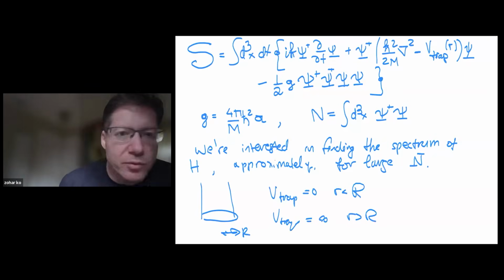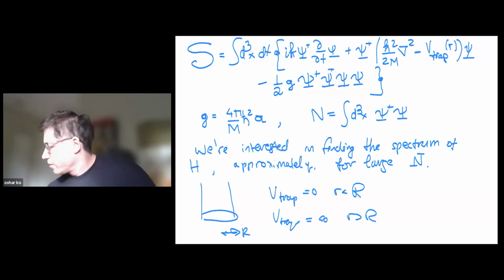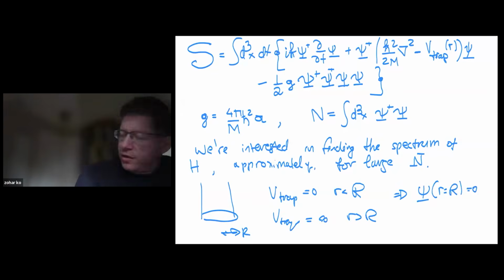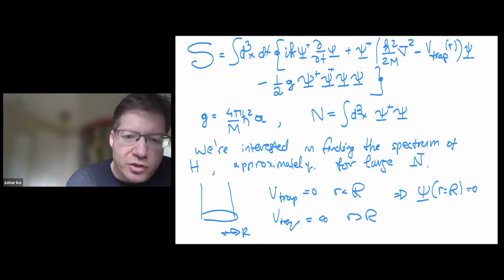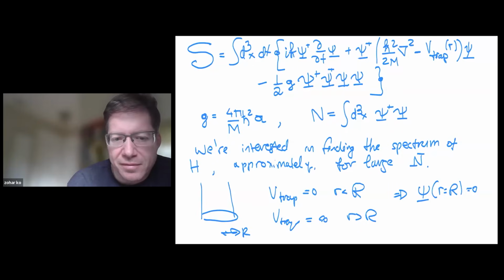And then what you do is you get rid of this V trap term in the action, and you just put boundary conditions. It turns into Dirichlet boundary conditions on the field operator, which means the field operator vanishes on the boundary. Is that what you asked? Yes. So that's what we will do in the first part, because that's the easiest system to solve. If the trap is harmonic or even anharmonic, the problem becomes a little bit more messy, but it still becomes semi-classical when there are many particles. Thank you very much. Any other good questions like that?